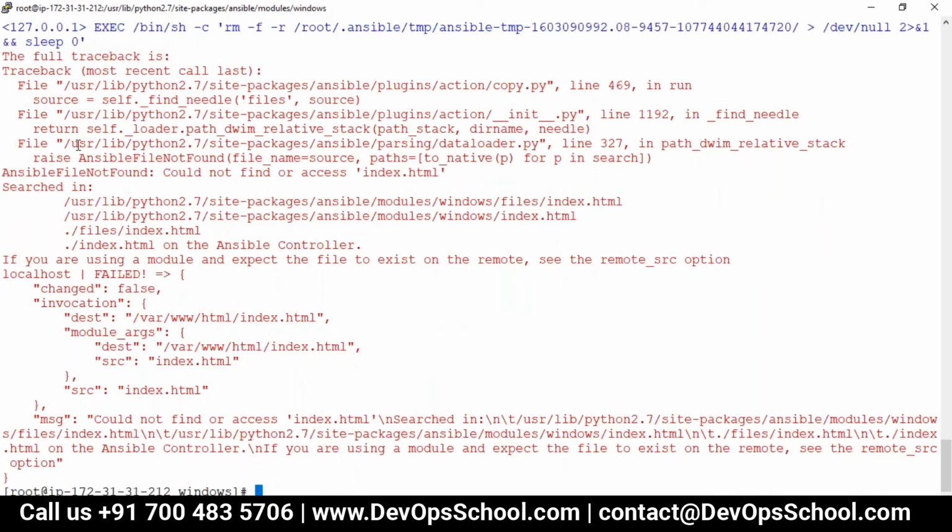So info, error, debug, verbose, all this log you will get. Just keep increasing -v. So I hope it is clear for everyone.